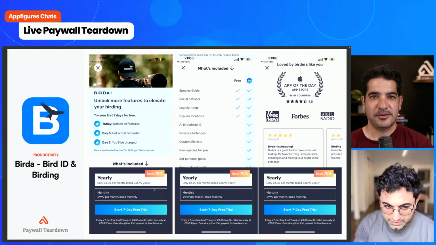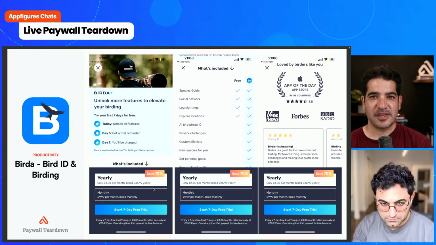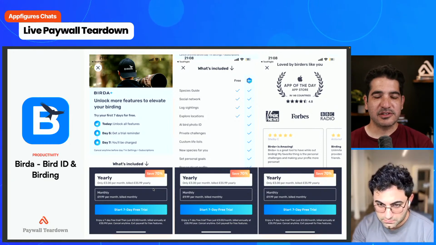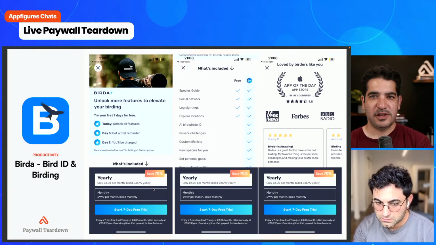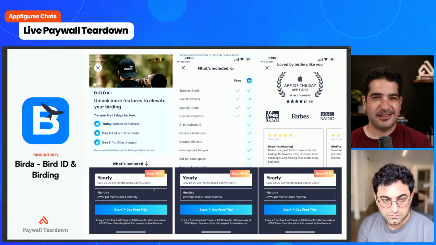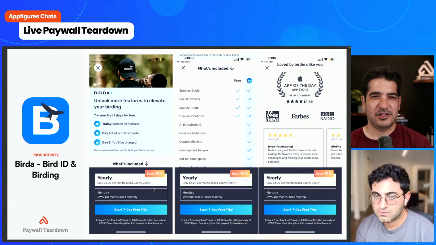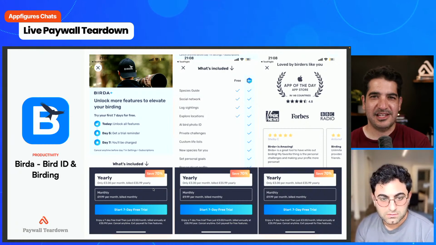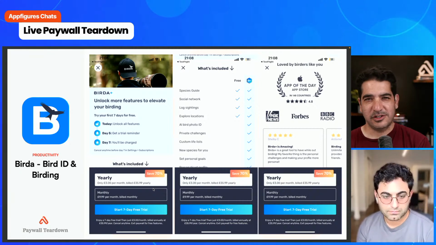The CTA button at the bottom, I would also make the text as big as the 70, and a little bit taller. My problem with the CTA at the bottom is that it just looks like another option. There's a yearly, there's a monthly, and there's a blue option. So maybe round those corners a little bit more, make it feel like a button. A gradient doesn't really, in my mind, turn it into a button if it looks like all the other elements on the screen. It's kind of like a selection, especially because the spacing is almost exactly identical, just a little bit bigger, and ultimately they're all sequential and they're all on the bottom.